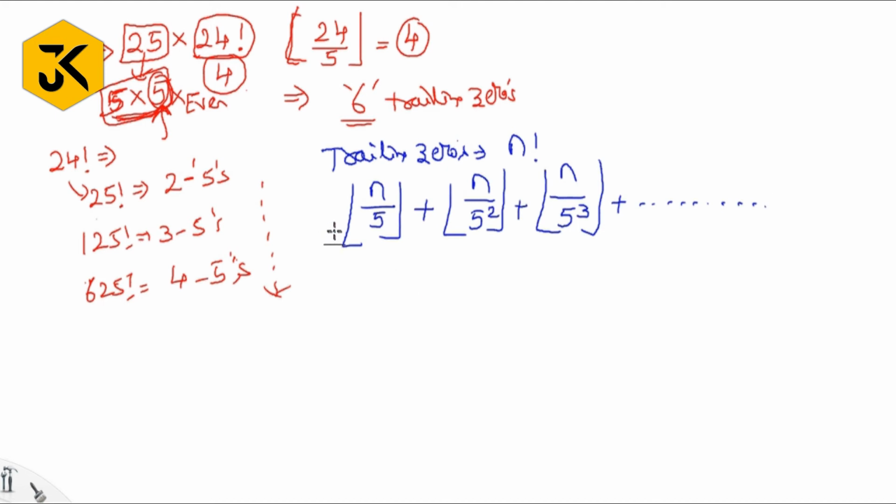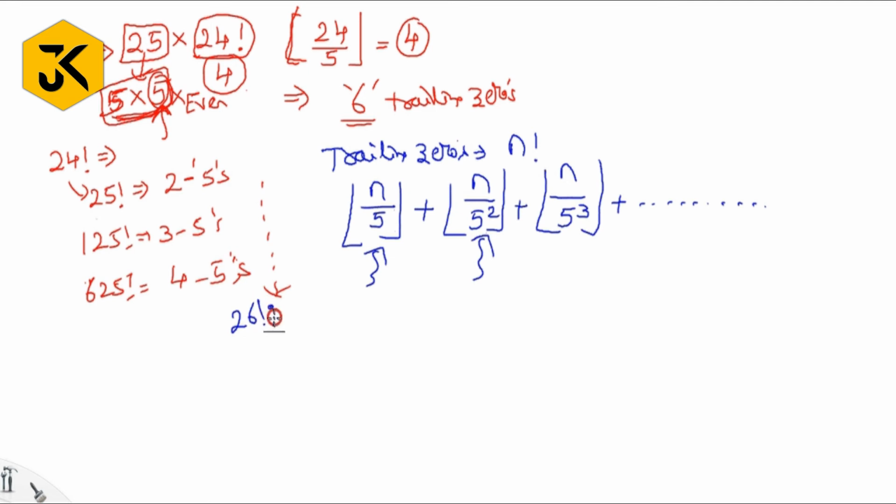What is the meaning of this? It is going to find the number of values divisible by 5, and we are going to remove all those 5s first, and then we are going to find out the extra 5s. First time I am going to get all the single 5s, then I am going to get extra 5s, then once again extra 5s.